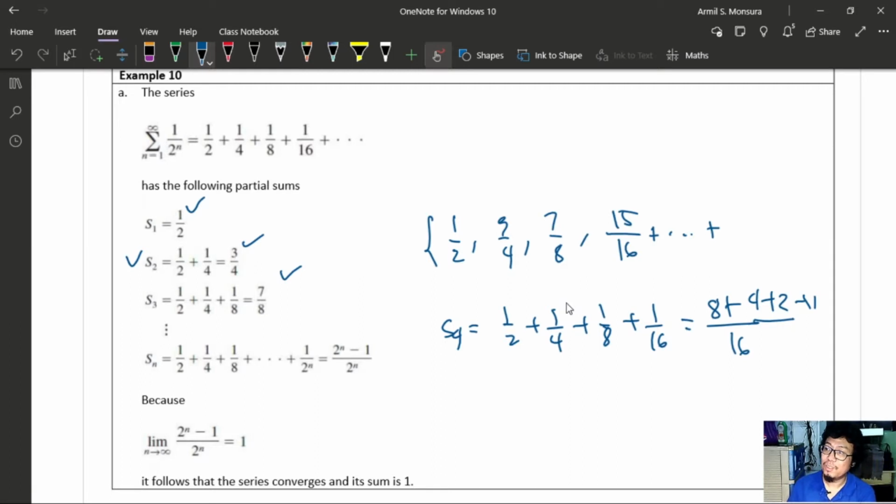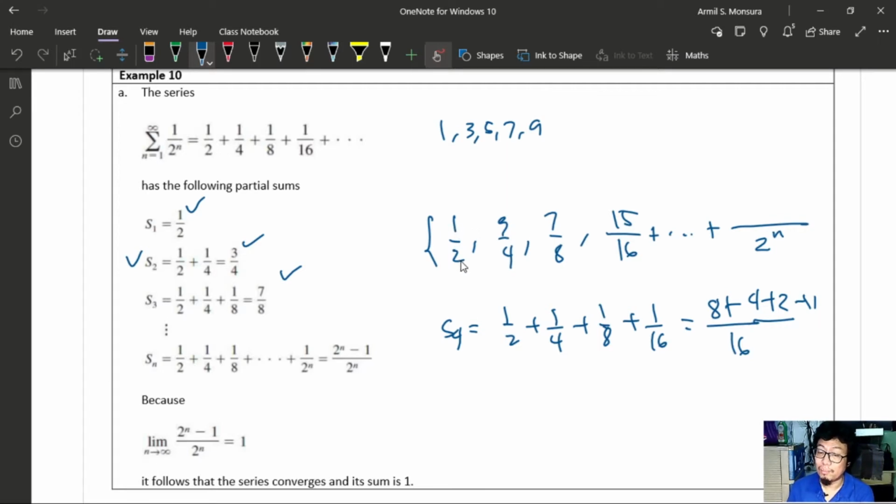Now, again, from the previous lesson, for us to be able to find the convergence of this series, I mean this sequence, we need to find its nth term. We see that the denominator is obviously powers of 2: 2, 4, 8, 16. So the denominator is 2 raised to n. The numerator is, aside from being odd numbers, not a sequence of odd numbers, because the sequence of odd numbers is 1, 3, 5, 7, 9, and obviously there are some terms missing. But if you observe closely,